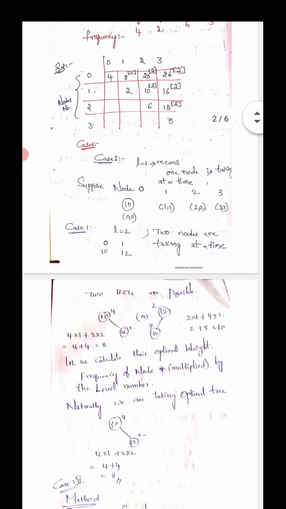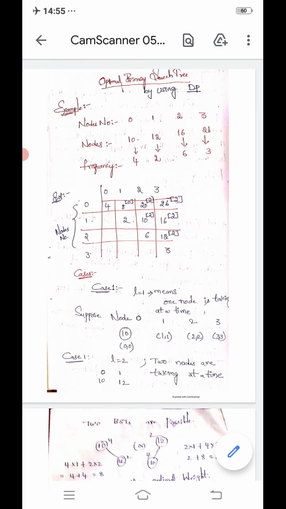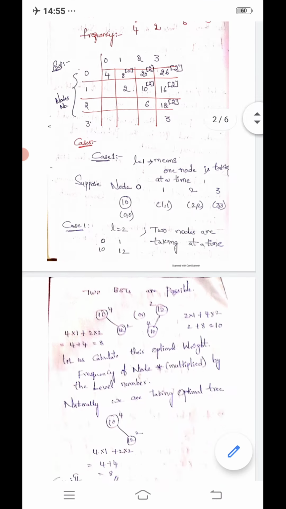In which position? The 1 comma 2 position, if you look at the first rows and columns. Now if we write down 1 comma 2, how much? 10 with subscript 2. From root node 2 we get the value 10 for 1 to 2. Listen carefully, we place at the 1 comma 2 position 10 with subscript 2. Now we take nodes 2 comma 3. How many nodes are there in the question? 0 1, 1 2. Now we calculate 2 3.